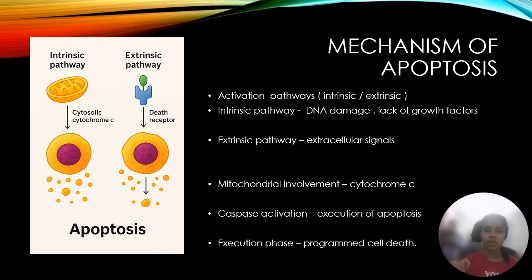Then there is self-cleavage and activation happening, which will activate the initiator caspase 8. This is very important because caspase 8 is an important initiator caspase. That means these are the caspases that initiate the subsequent processes in cell death. They are the ones that will activate the other downstream caspases. There are various caspases.